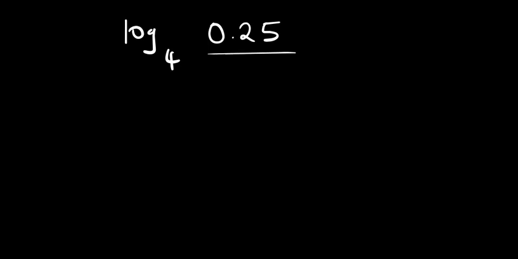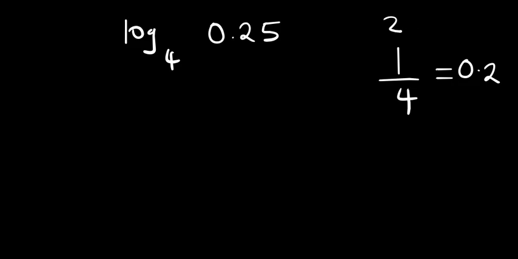What if you have a number with a point? How can you solve it? Let's say I've got log 4, then I've got 0.25. How can I solve such a one? So this 0.25, you know the number that can give you 0.25 is 1 over 4, right? Because if I divide 1 divided by 4, that will give me a 0. Then I put a 0 there. 4 into 10, that gives us a 2. Then remainder 2. Then 4 into 20, that gives us a 5. So you are able to see that 1 over 4 is the one that gives us